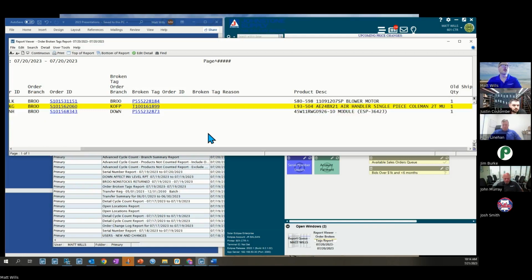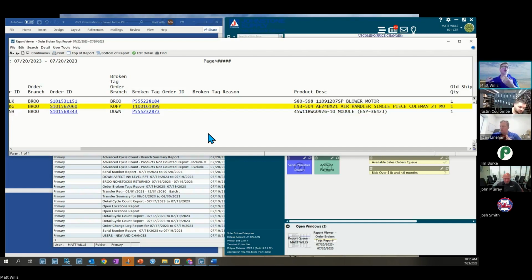I'm not going to go into the third example. It's a little bit more complicated. It involves Downingtown as a pricing branch, Broomall as a shipping branch. I can if you guys want. At this point, I'm going to let you unmute yourselves and we can kind of get into the discussion side of it. But I wanted to present